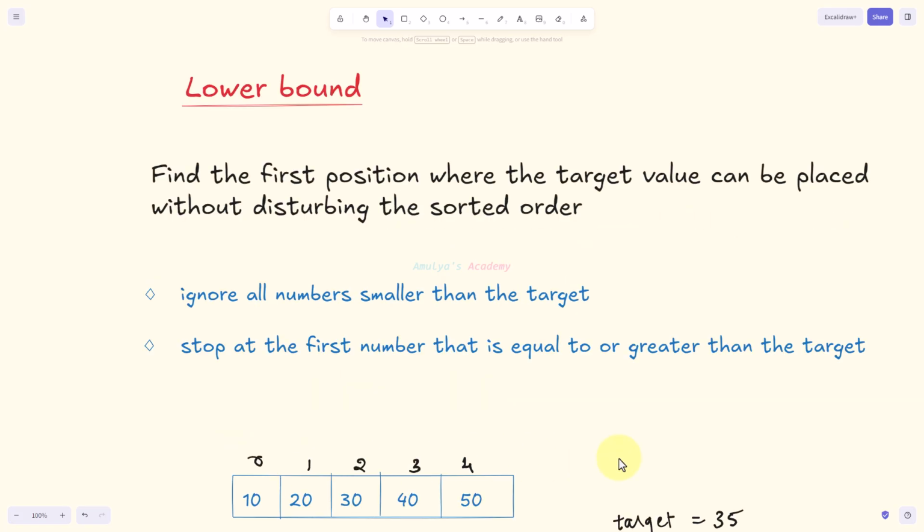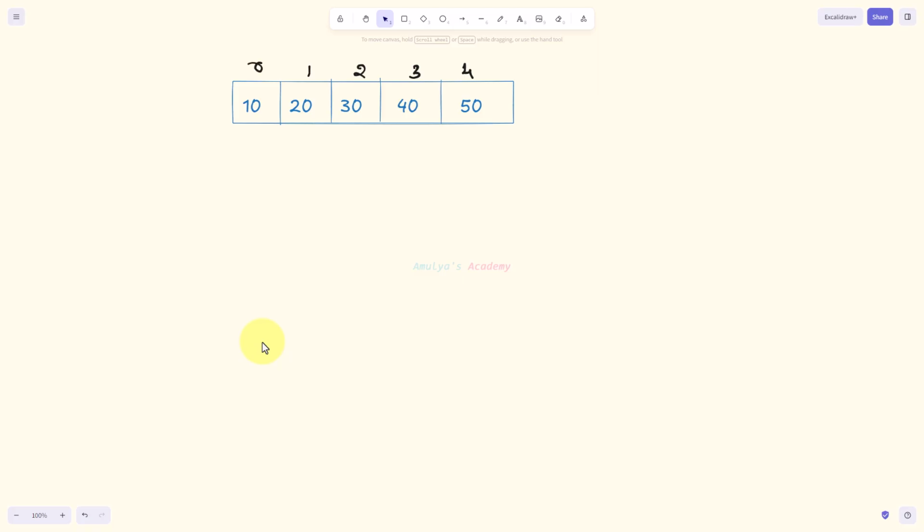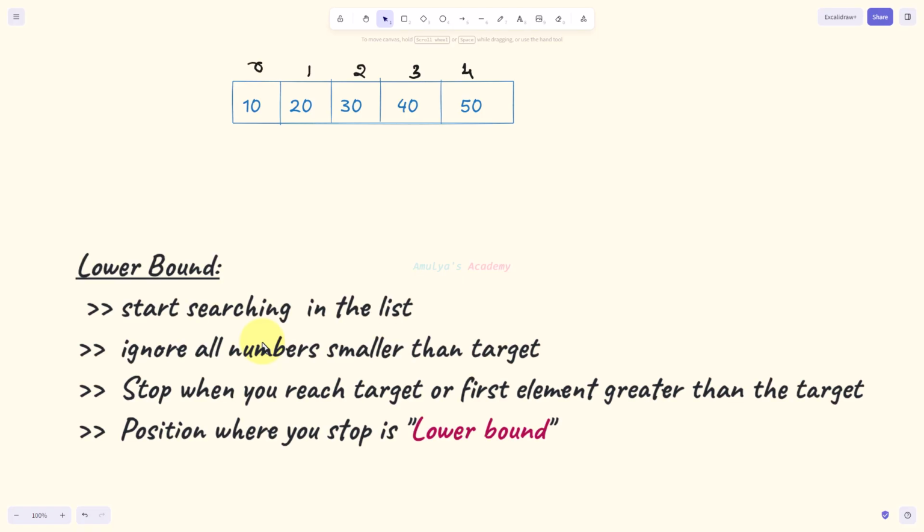Next, let's understand this problem in depth. Here we need to find the first position where the target value can be placed without disturbing the sorted order. So in the sorted list, we need to ignore all numbers smaller than the target and we need to stop at the first number that is equal to or greater than the target. Alright, let me explain this with an example. Start searching in the list. Ignore all numbers smaller than the target. Stop when you reach target or first element greater than the target,